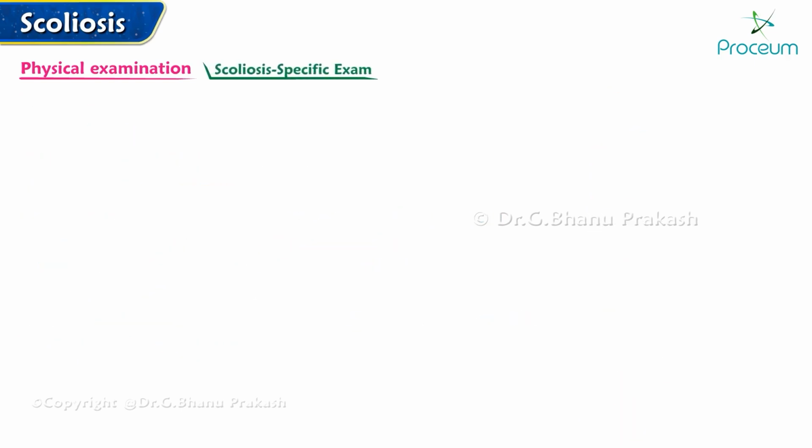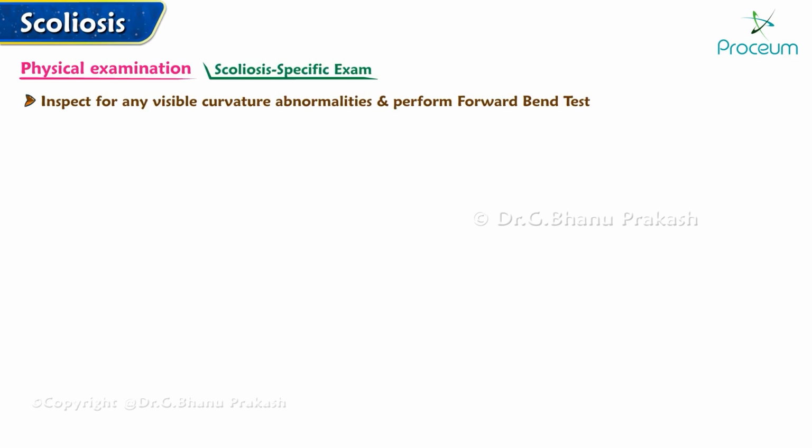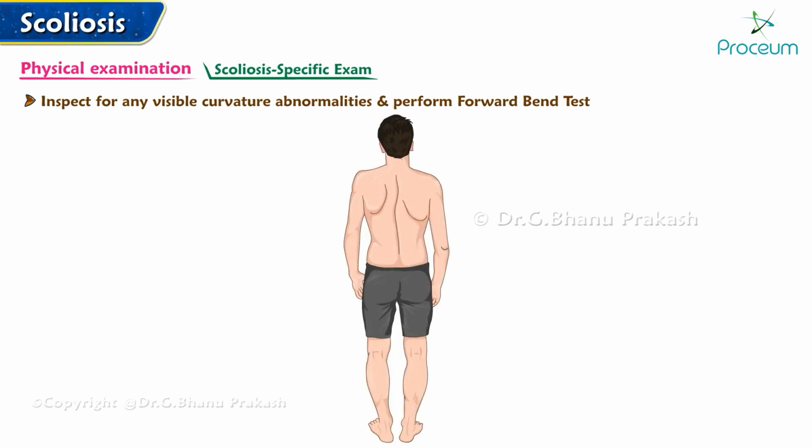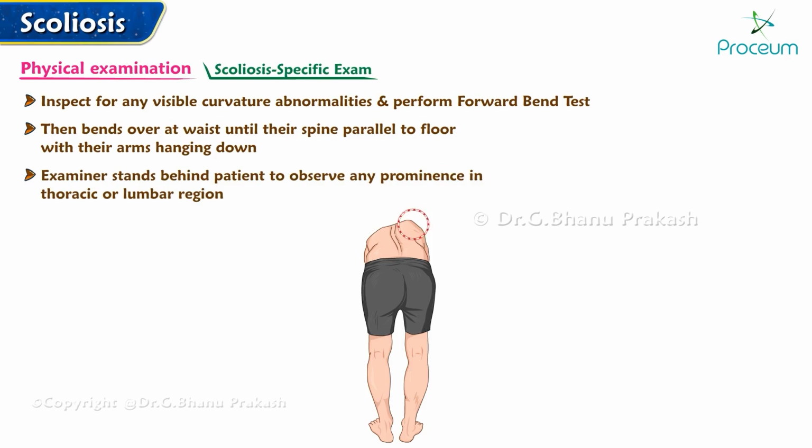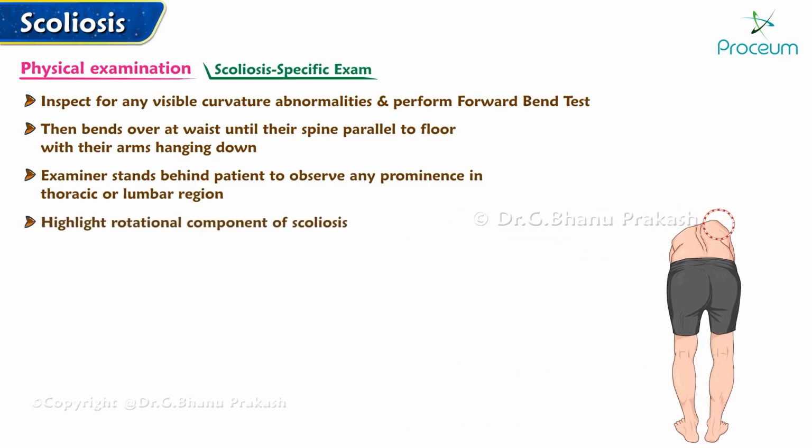For a scoliosis-specific exam, inspect for any visible curvature abnormalities and perform the forward bend test. In this test, the patient stands with their legs together, knees straight, and then bends over at the waist until their spine is parallel to the floor, with their arms hanging down. The examiner stands behind the patient to observe any prominence in the thoracic or lumbar region, which would highlight the